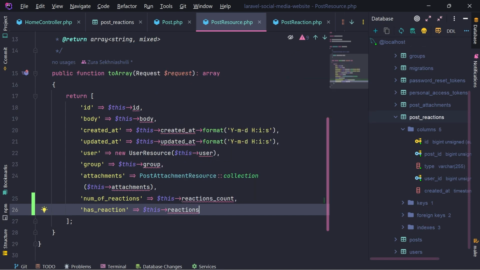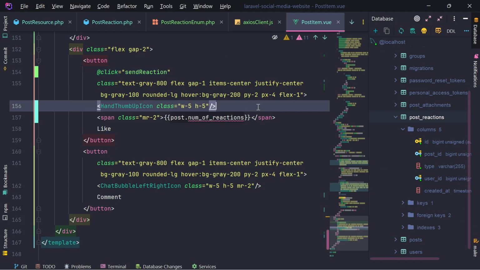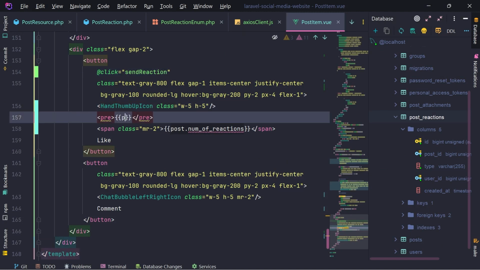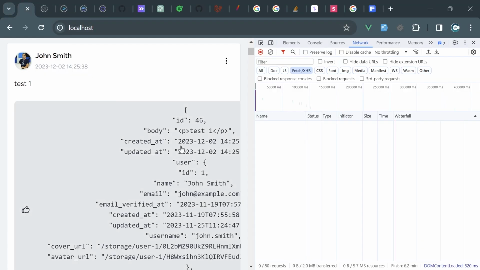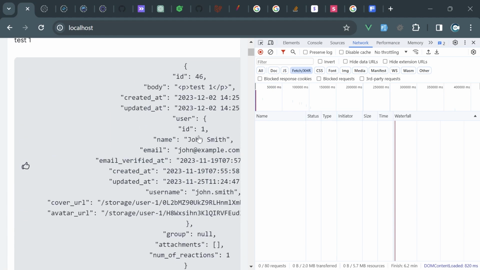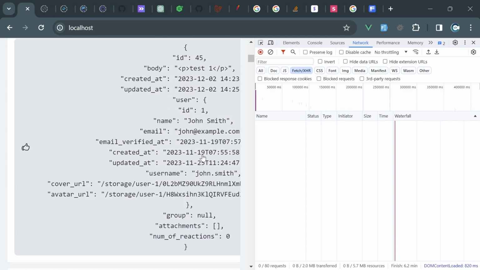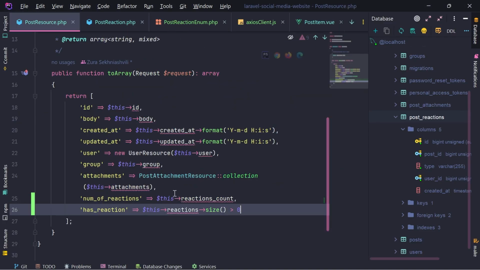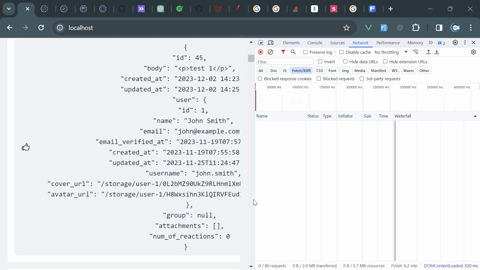So these reactions will be collection, right? So we're going to do if this reactions size, if that exists, if that size is more than 0, then it has reaction. If it's less than 0, it doesn't have reaction. So if I go now in the post item and I'm going to print entire post again, we are going to see in the post resource we see this has reaction. If I reload it,